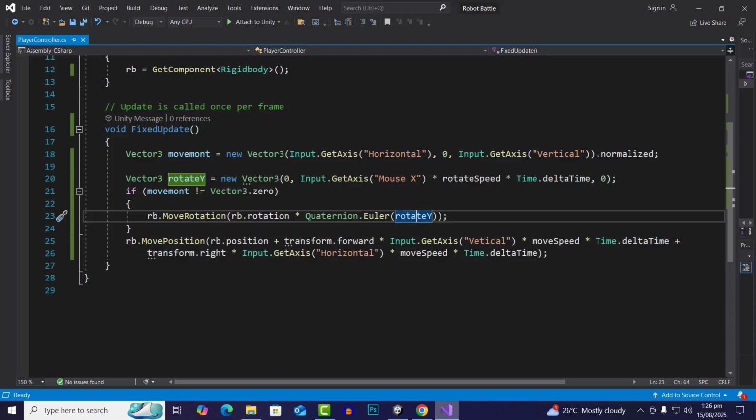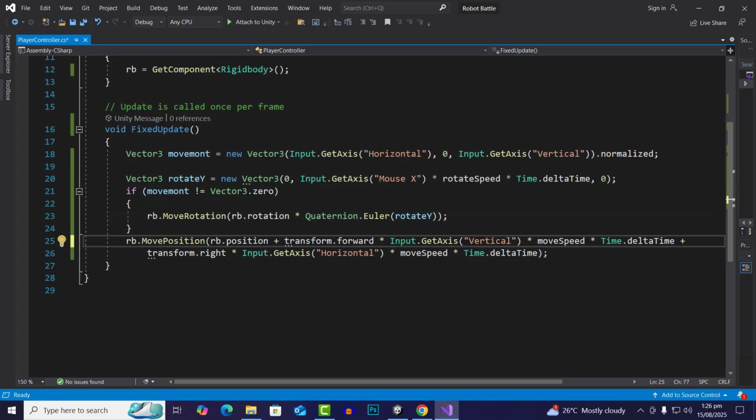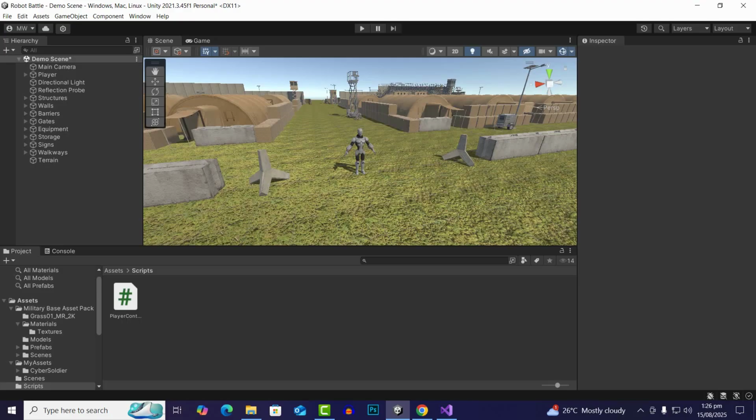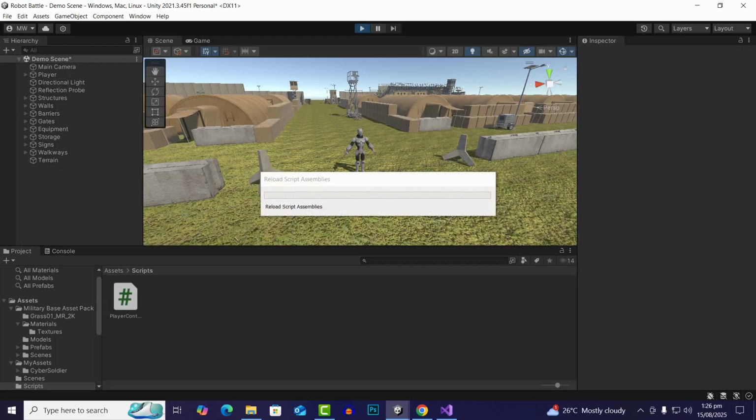So we'll just go back, and yeah, here you can see the misspelled vertical. So a spelling mistake will create issues. So again press Ctrl S to save everything. Move back, play,